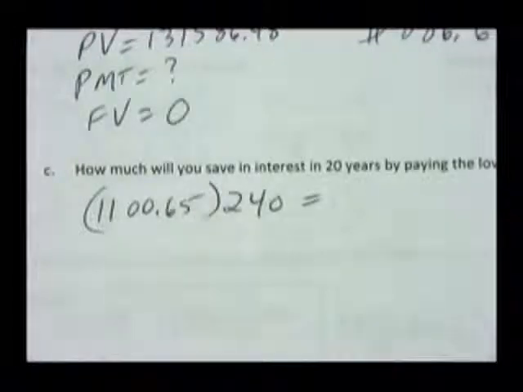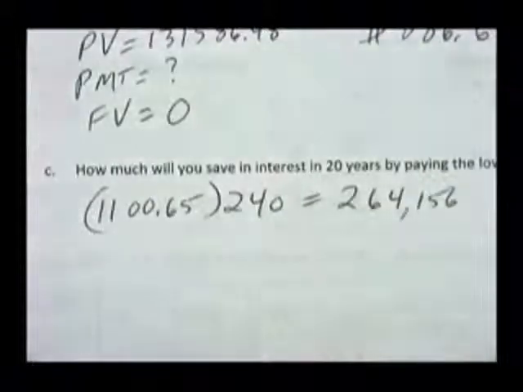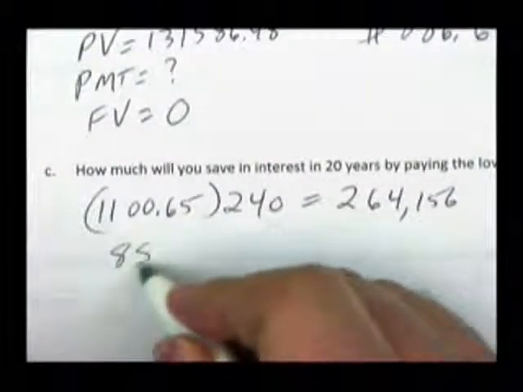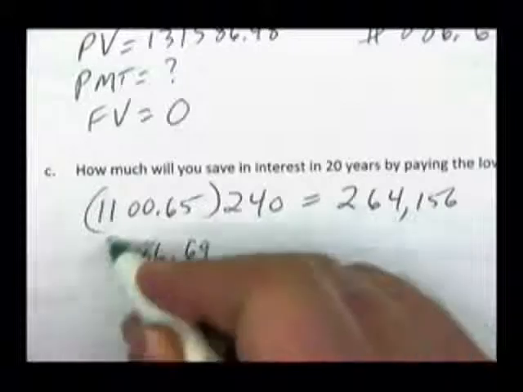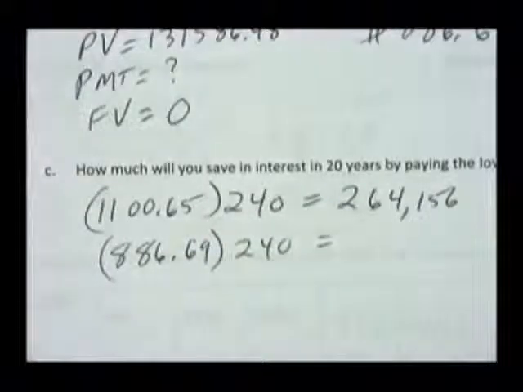Times 240 gives you a value of $264,156. And if we're paying the new rate of $886.69 instead for those last 20 years,